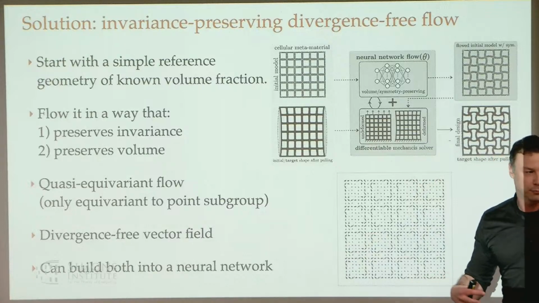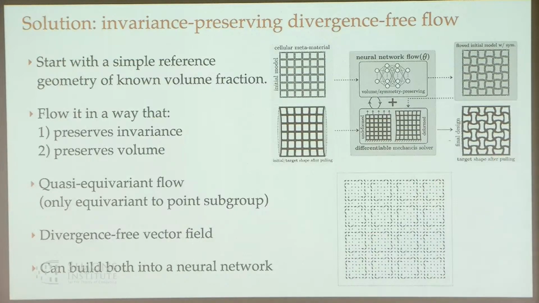And by the way, when I'm gluing them together, I only have to glue one big piece. The way that it works is, rather than define an invariant function, to define a flow that leaves invariant functions invariant. So if you start with an invariant structure and you flow it, it preserves that invariance. And this turns out, for space groups, to be not quite equivariant.